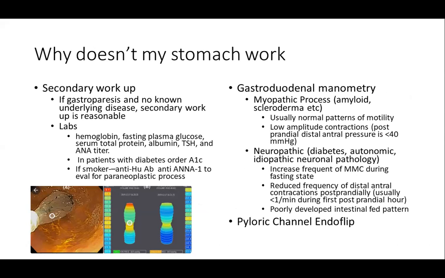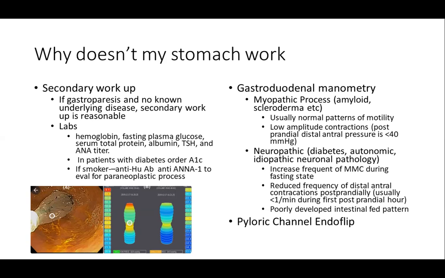So we talked about most of the secondary workup from imaging and scoping, but other things to get are listed here. You should check their glucose levels. You can check their basic labs. This is probably more of an advanced level question, probably for GI specifically, but you can have paraneoplastic syndromes that do this, and the anti-Hu antibody is important to know.